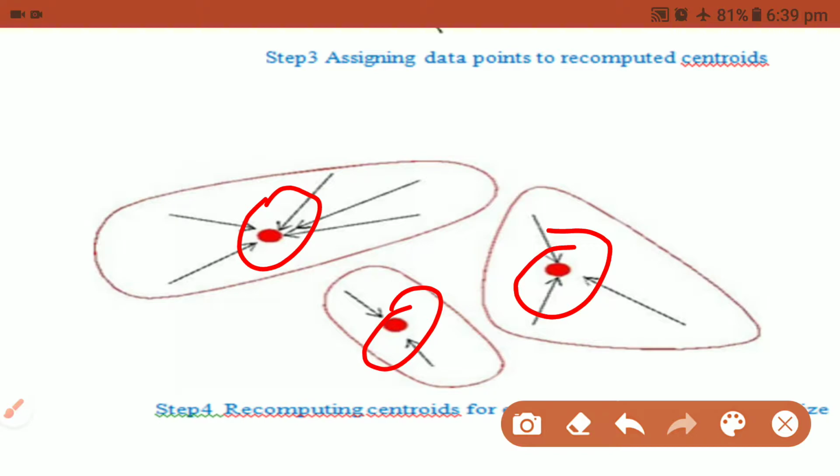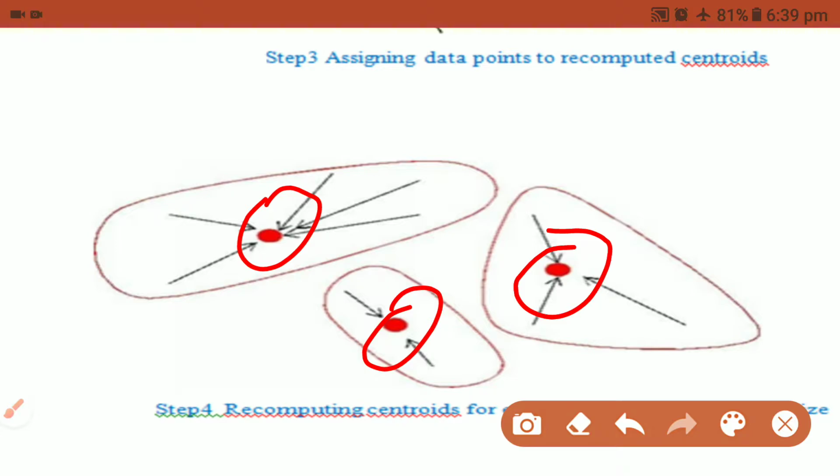If it's stabilized, you can compute with the help of the clustering algorithm. After computing, it will produce the three data point clusters.